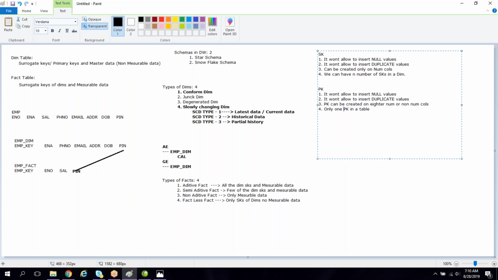Surrogate keys, we can have n number in a dimension. So these are the differences between surrogate key and primary key.